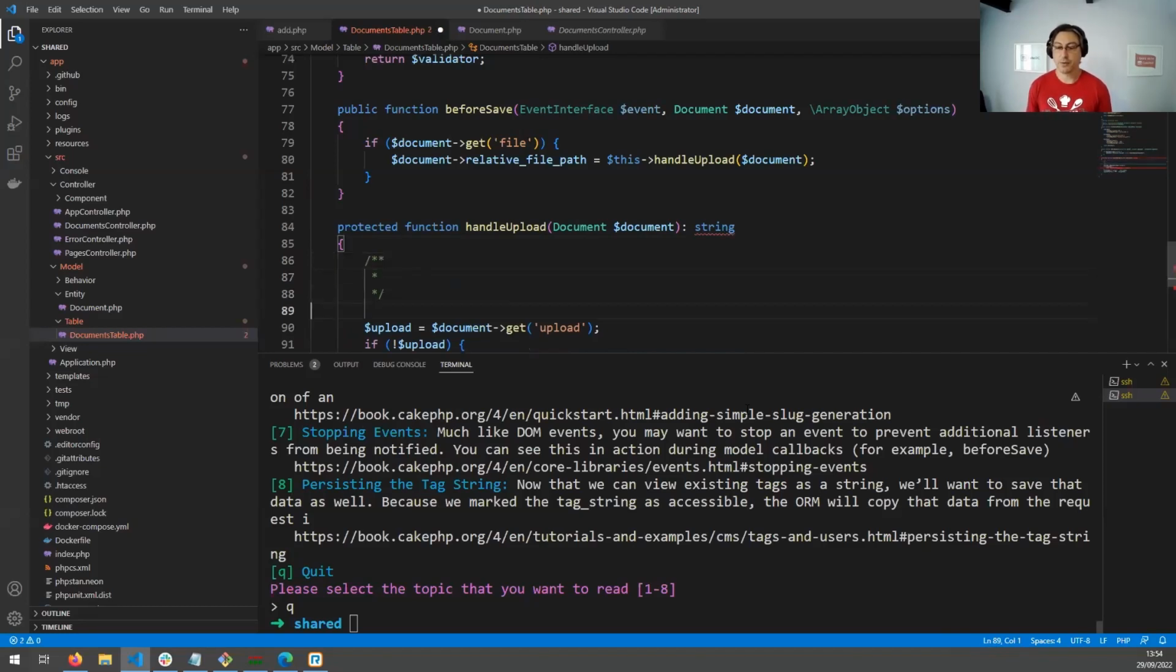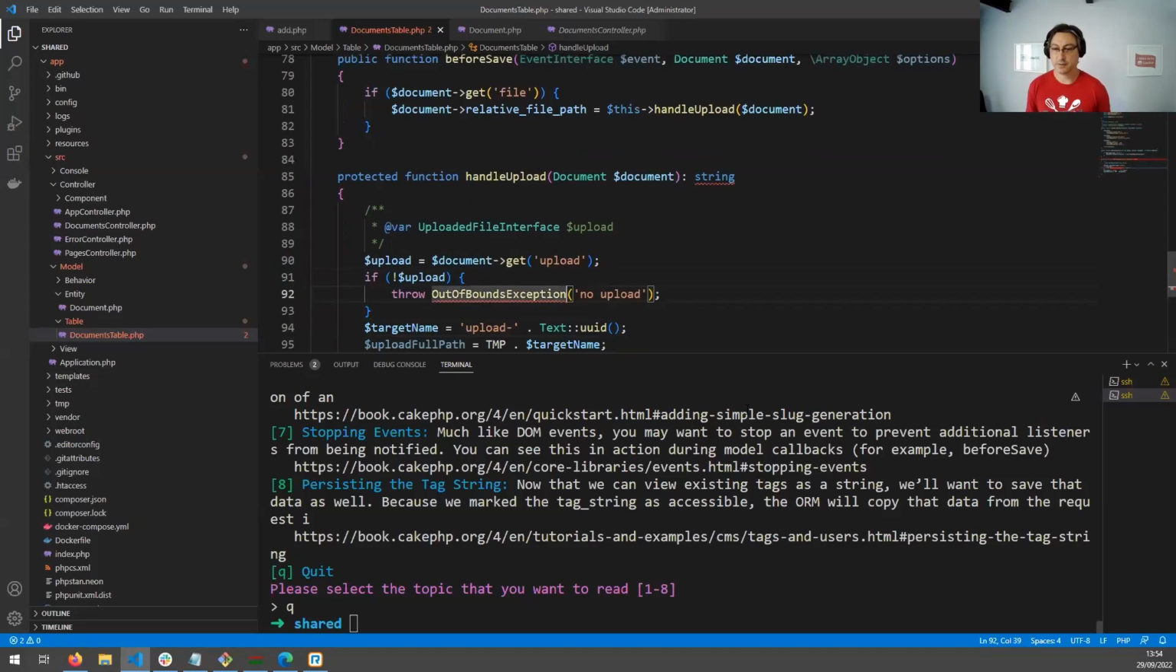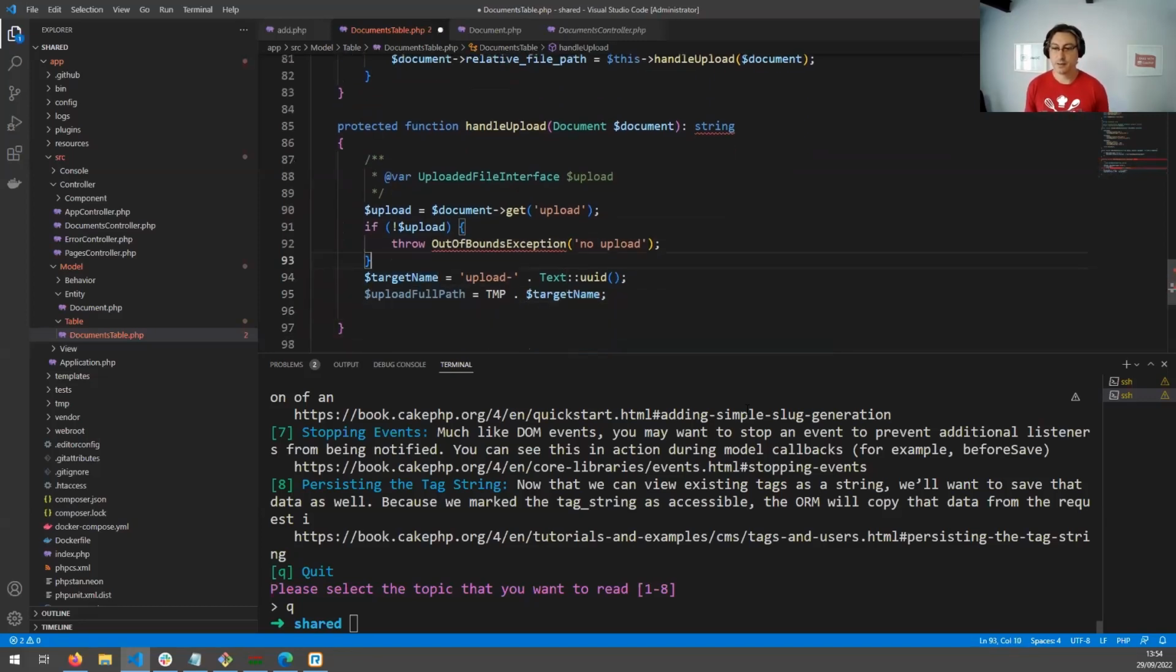That way, we want to define the upload as var, and this is going to be an uploaded file interface, like this, right? So, well, out of bound exception, you get that. Out of bounds exception, throw new,